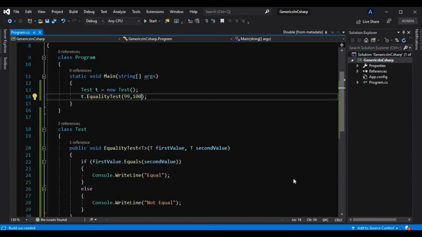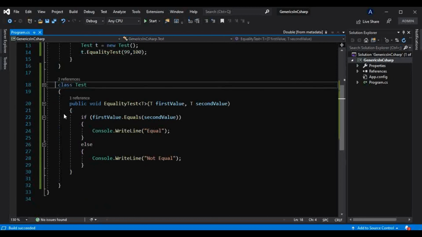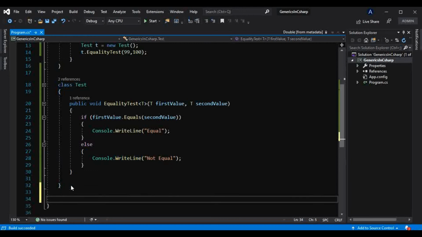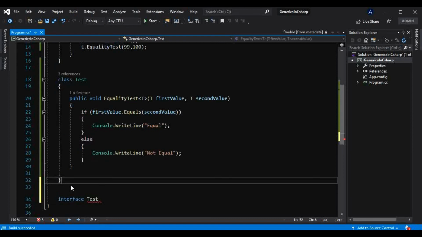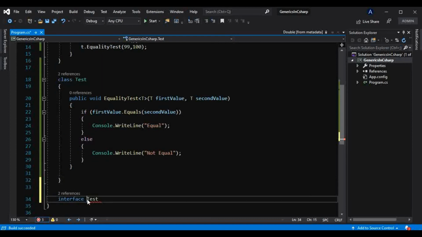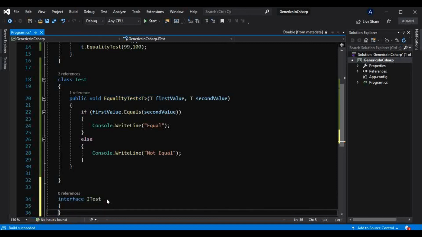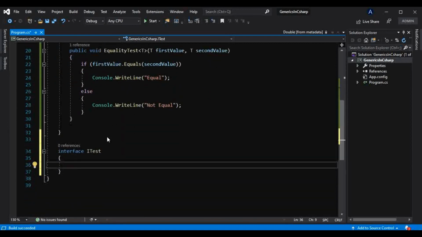And can we use generics with this class only? No, we can use them with an interface as well. Let me take one interface here, interface ITest, and instead of providing that method directly here, we will take that through the interface. How interfaces work and what an interface is, we have seen in this tutorial series. If you are not aware of this, just check the interface video in this tutorial series.